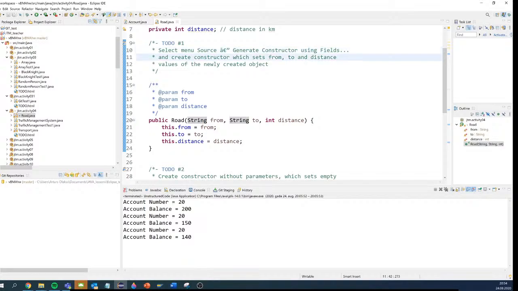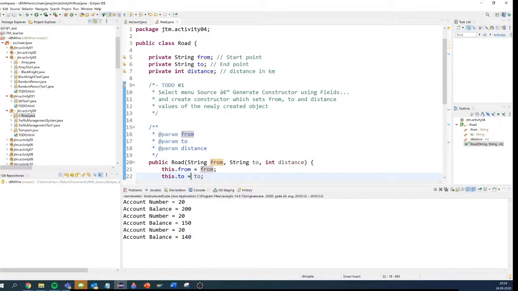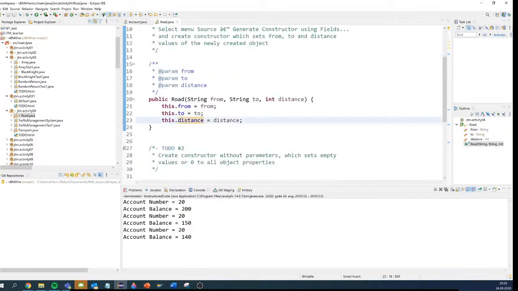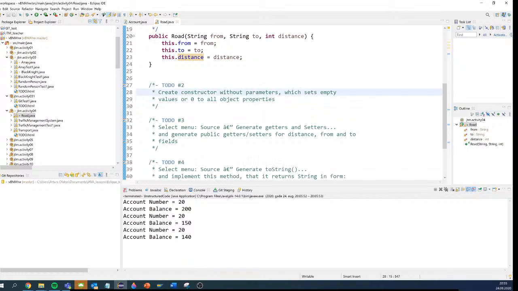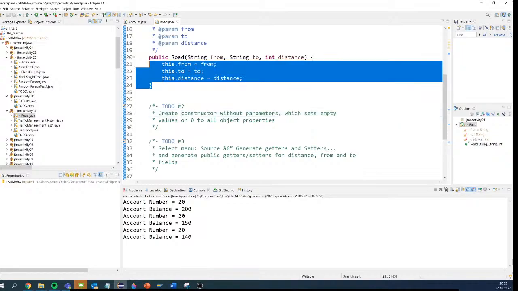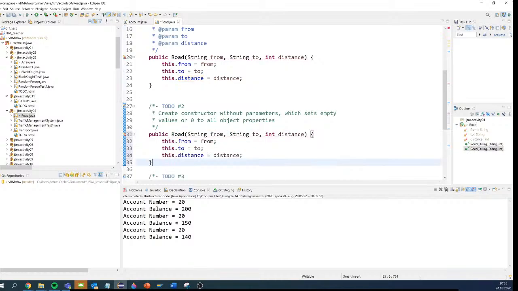So as the task says, we generated the constructor using fields, and created a constructor which sets from, to, and distance for the global variables. It is done here, as you can see. Let's move on. Second point, we just need to create a constructor without any parameters, which sets empty values. As we can see, we cannot create two constructors with the same